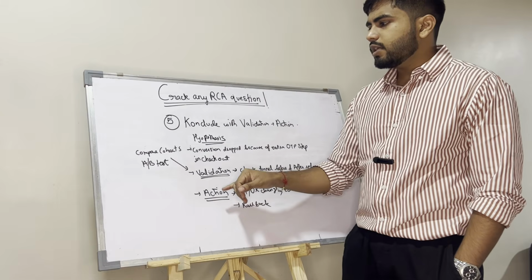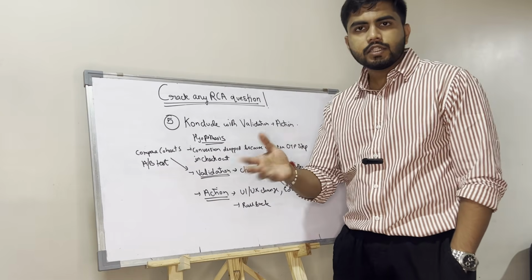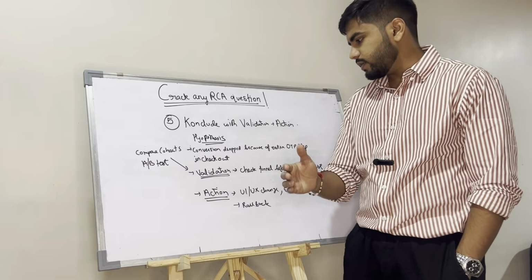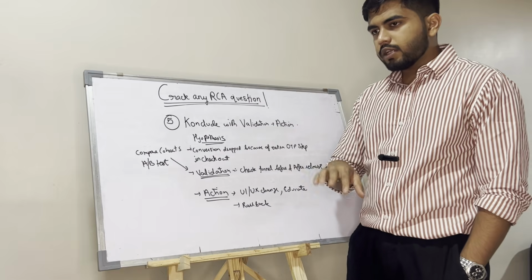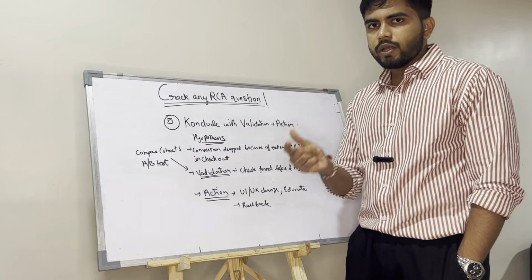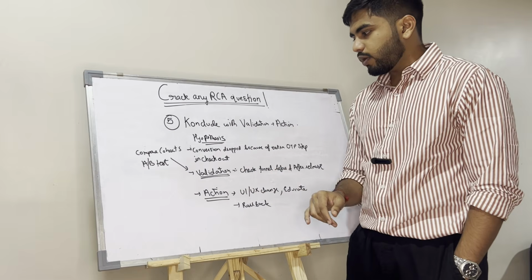For validation, generally you have to check before and after a feature launch, or if there is an A/B test feature available, you can do A/B testing. So I check the funnel before the release and after the release. If there is a drop, I know that because of this feature it has dropped. Okay, so I have validated the problem statement.